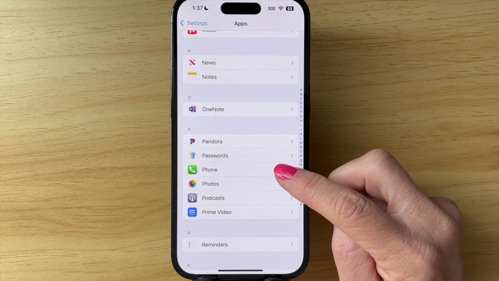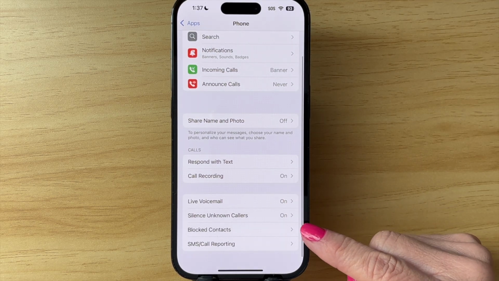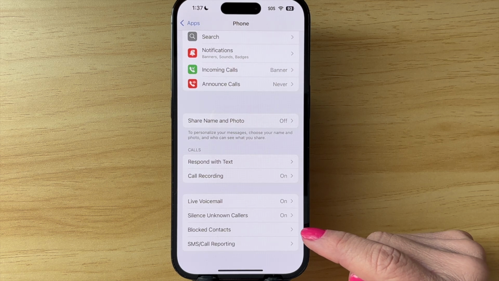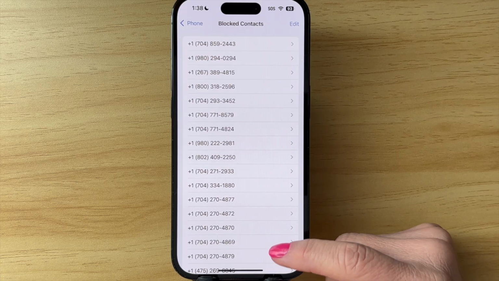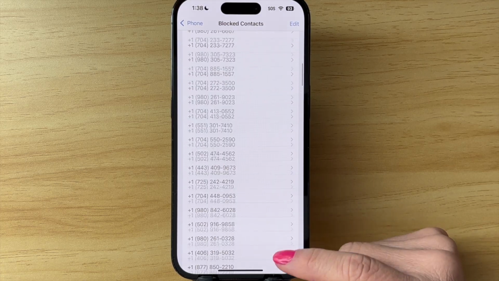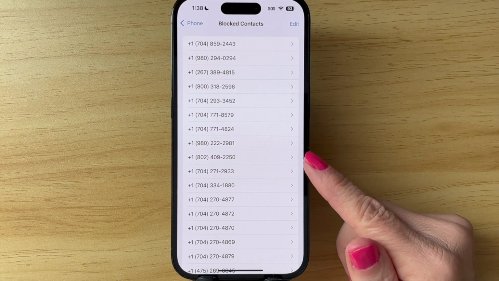Tap on that. And then we're going to tap on Blocked Contacts. This is my list of blocked numbers. If you haven't been blocking numbers, you probably won't have any. But once you do,